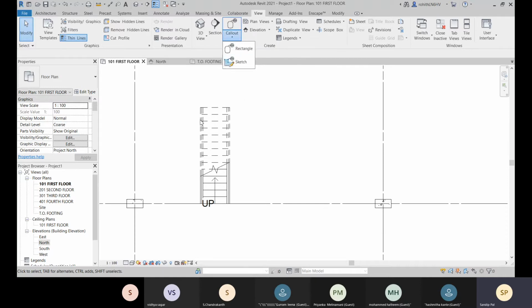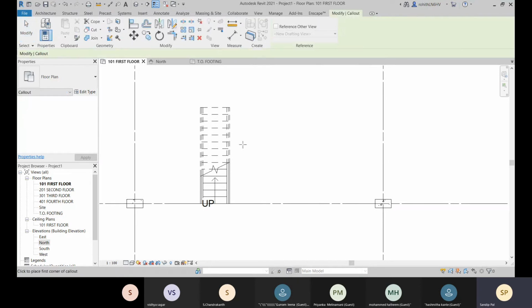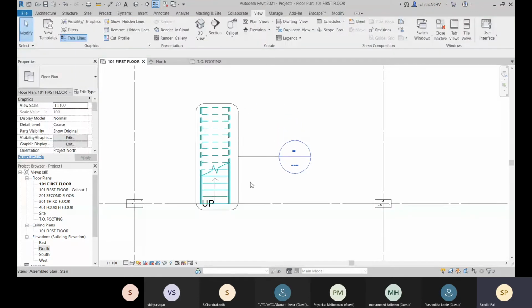That callout region you can define with this sketch, or you can define with rectangular. You can sketch the region. So that is rectangular here. So let's go with that rectangular, click and hold and then place it up to this, and here it is created.